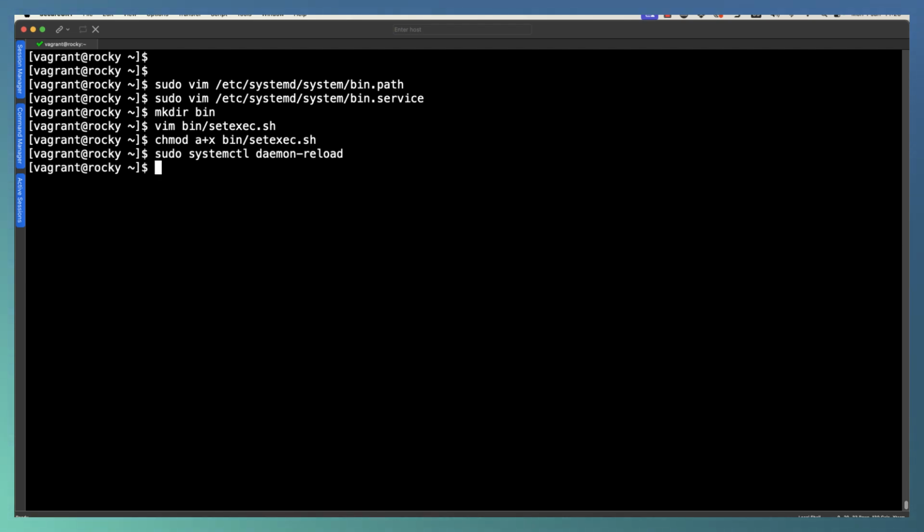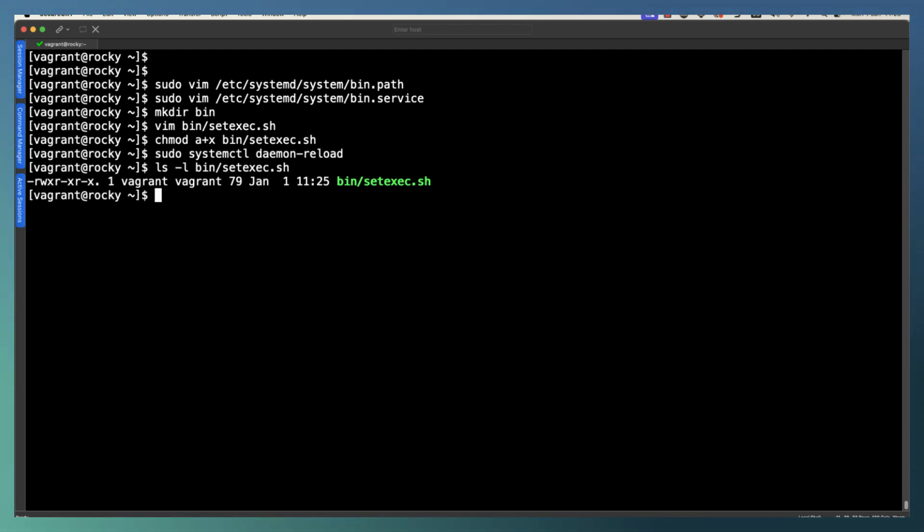Now at this stage, we probably should go and enable our path unit. But if I go through and just check inside of my bin directory, we can see there's the file that I've created. It is executable, but remember, we set the execute permission manually on that. We probably should check that it does actually work. Now, of course, we've got nothing that it's going to act on, but don't worry, it's not coming back with any errors, so that looks good that our script is going to work.